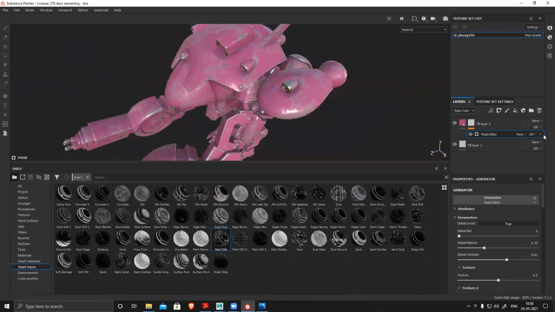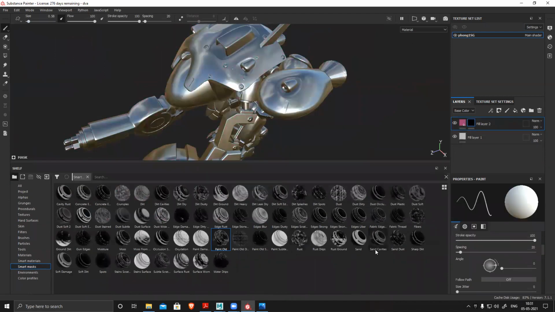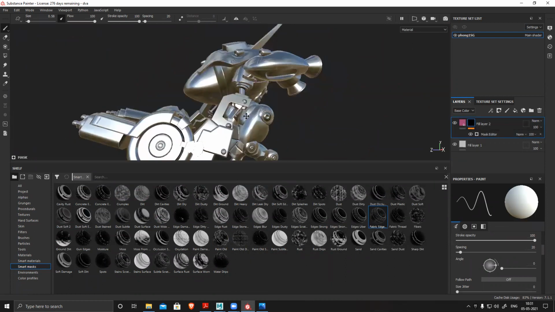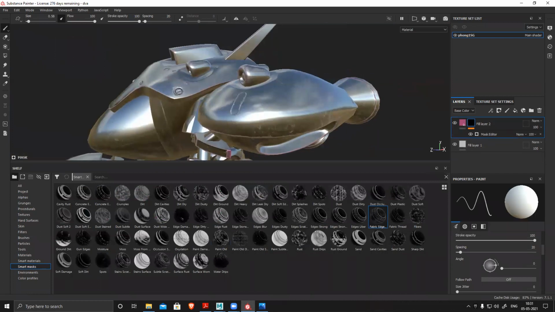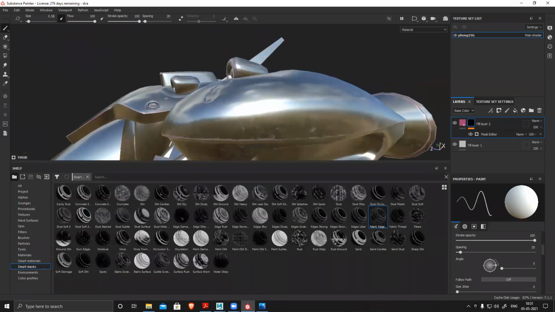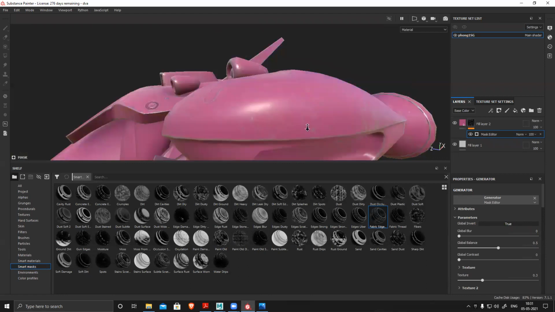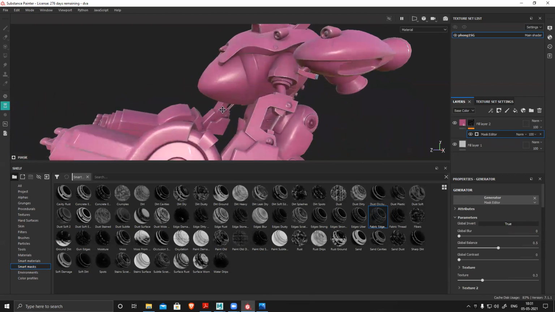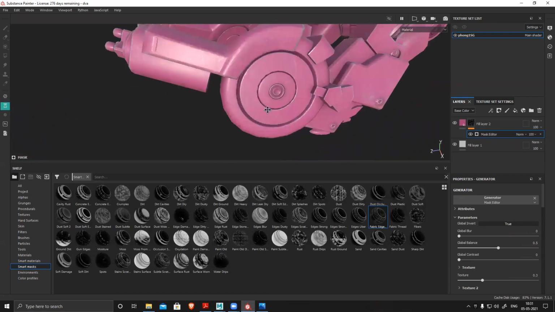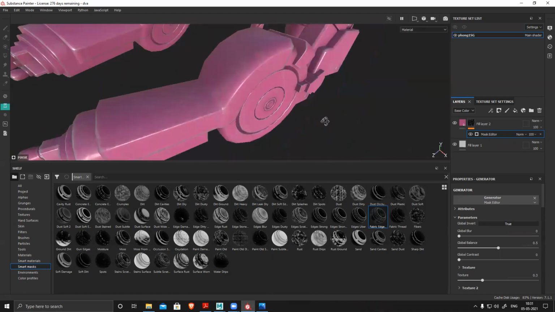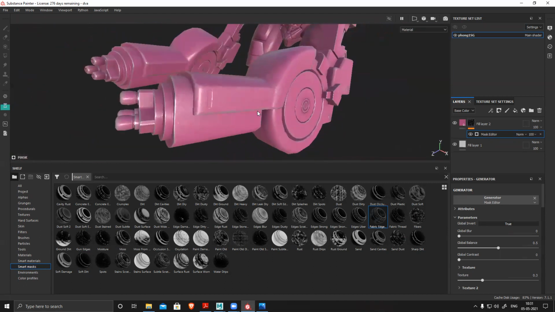Suppose I don't like this, delete it, and then go to some other option, drag up this one. This one also generates. You can see it's generating something, and it's not that great. Let's try this thing out also. False. It's actually not bad. You see I have nice scratches and all the edge wear and everything.